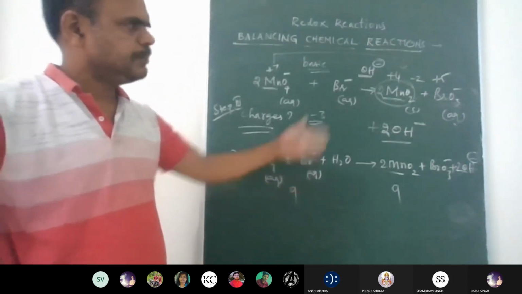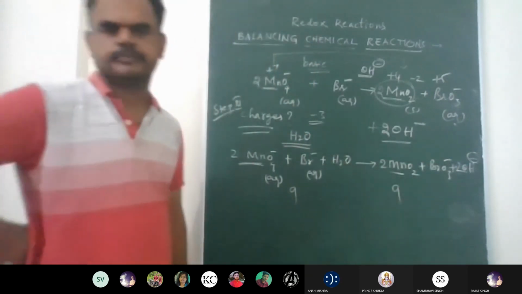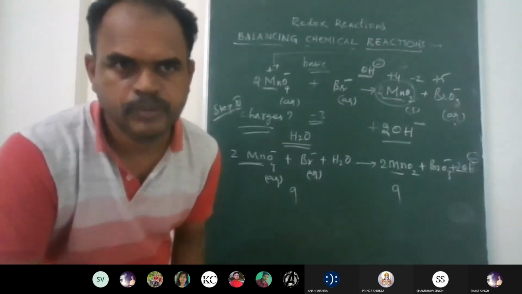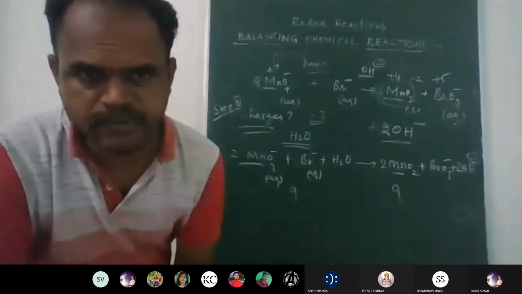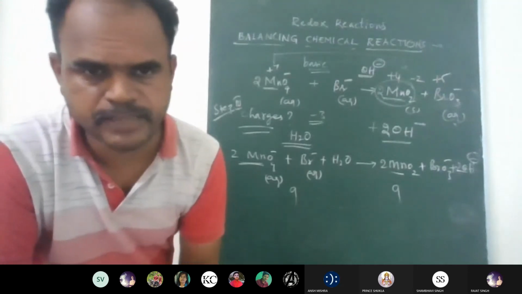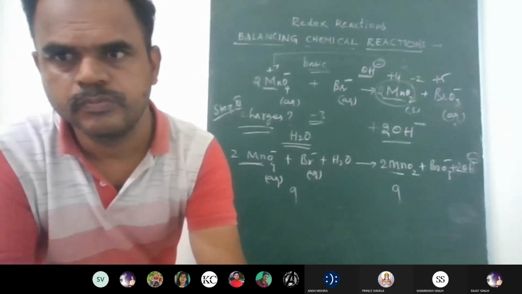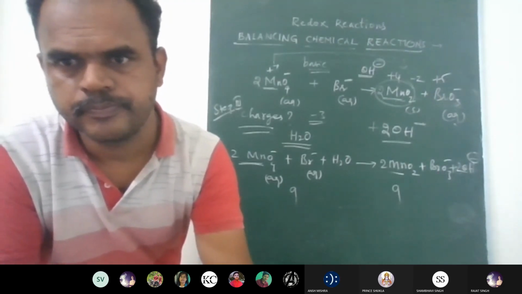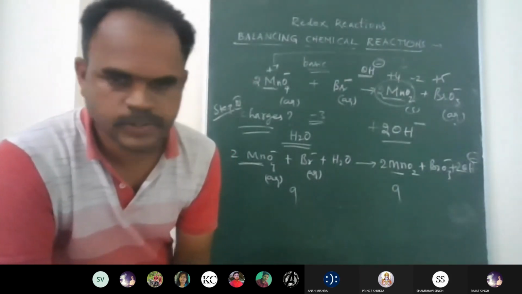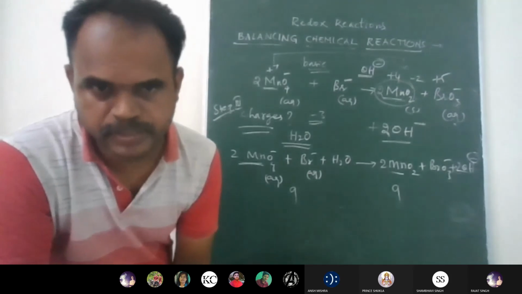So this reaction is done in basic medium. That's why I used the OH minus. I hope it is clear. If you practice these equations, then you will understand more. Practice the reactions, two reactions, one in acidic medium and the other in basic medium. If you have any doubt, ask me, then I will clarify. So with this oxidation number method, redox reactions are completed, and tomorrow we'll take the questions, because half